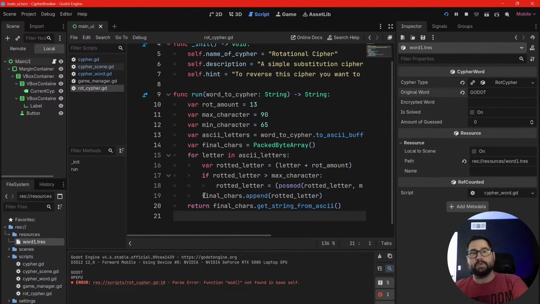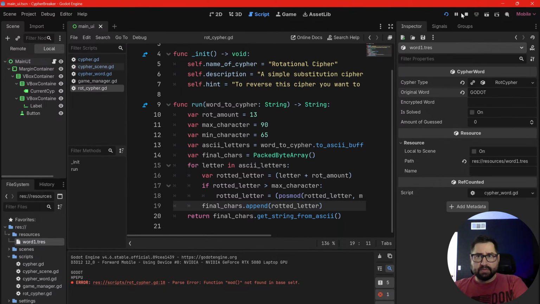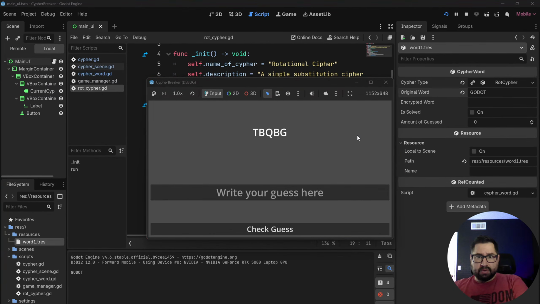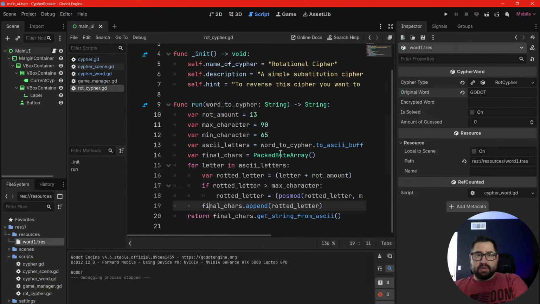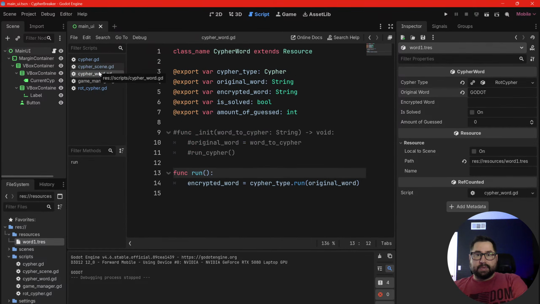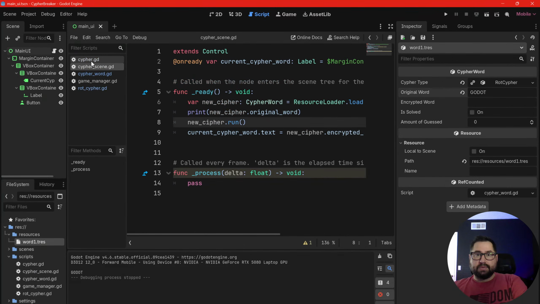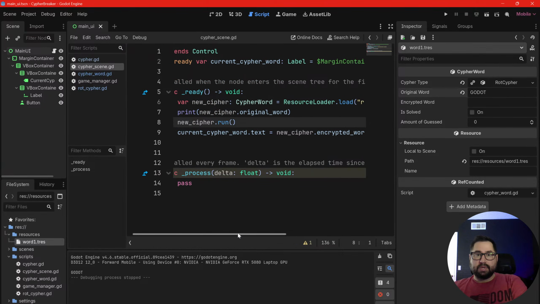We want to return that, right? So now we would get it up here, right? And what we want to do is set, so we ran CypherWord, right? And this is what it's going to do. So what we want to do now then is go into the Cypher scene and